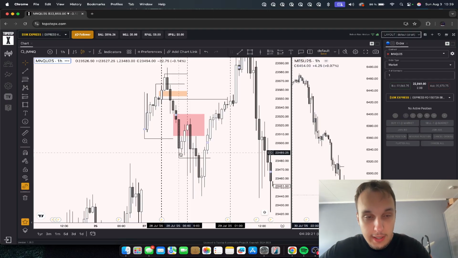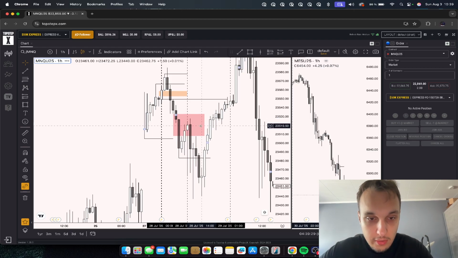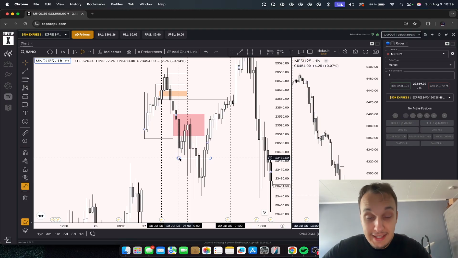Right? But now, again, I want to focus on the context here because I want to help you understand where to look for a trade. So inside of this, it's perfectly fine to look for a short towards this low. Now it's important. The second this low is taken, what did I say? We have no idea if this low is going to be disrespected or respected. You have to ask yourself,